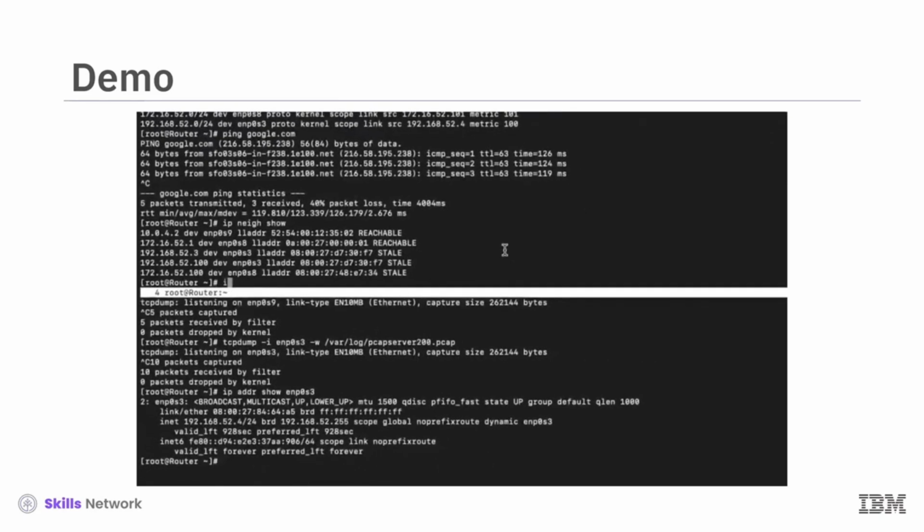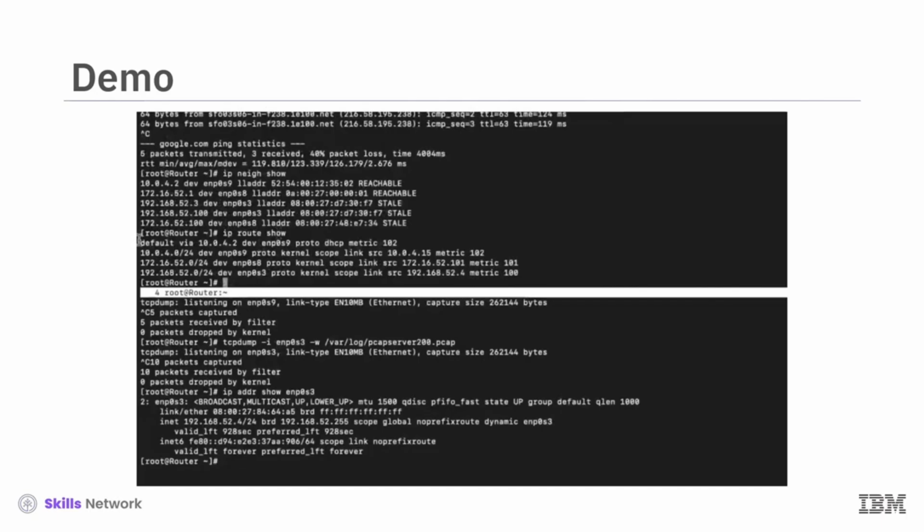Currently, the table shows routes for packet delivery. If an IP address isn't listed, packets are sent to the default gateway, which forwards them to the next hop. Within the network, specific interfaces like ENP0S9 handle traffic within their broadcast domains. Other interfaces, such as ENP0S8 and ENP0S3, are also connected, with one acting as an endpoint and another as the